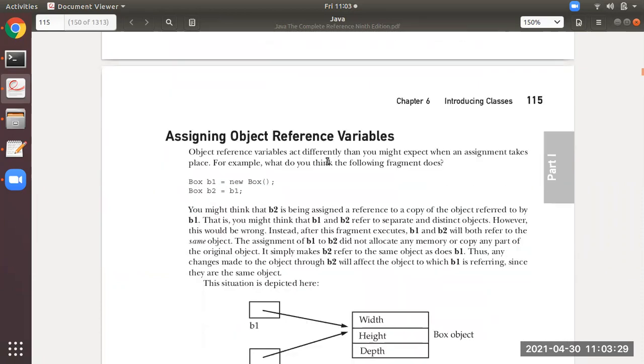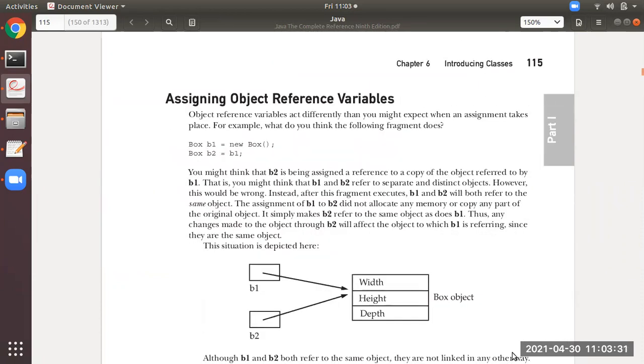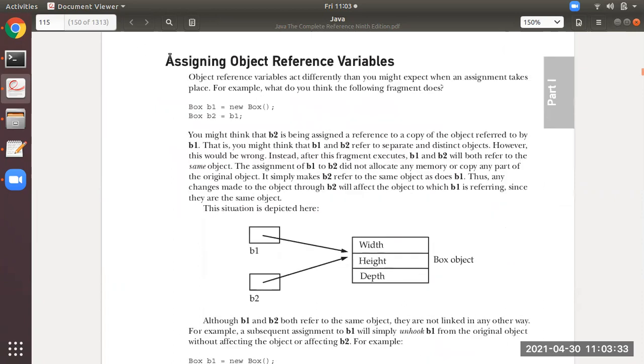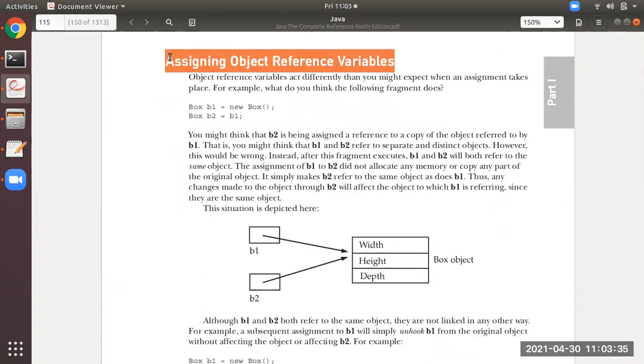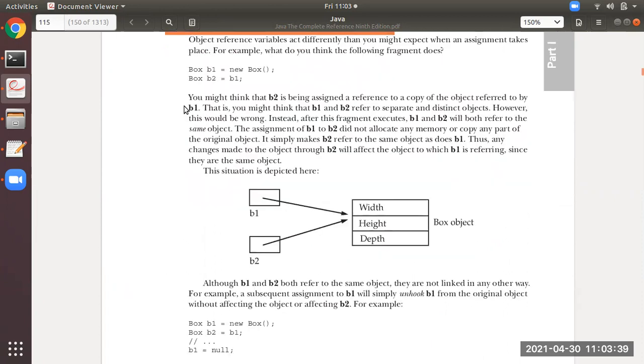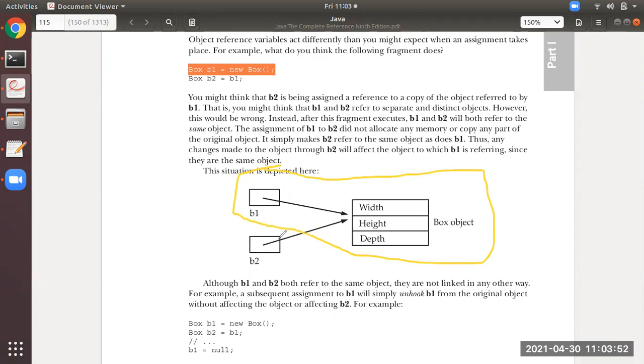Then the next thing, which is also very important: assigning object reference variables. See this one. This is the first step: Box b1 = new Box. With this first line of code, this is what actually happens in the memory.